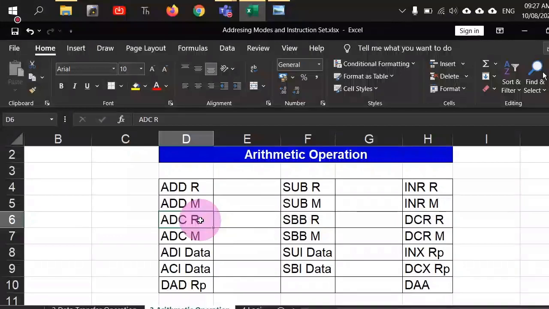And why have we made such a command? This command is present because if you want to add two 16-bit numbers, there might be a possibility of having a carry from the lower nibble of the number to the higher nibble of the number. And when you do the addition for the higher nibble, you have to take the carry into consideration. So in such operations, you might use this ADC R command or ADC M command, right?